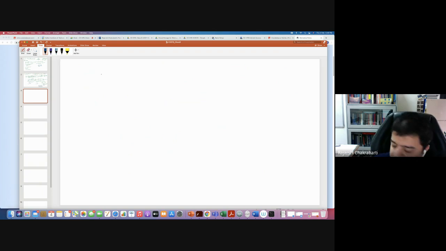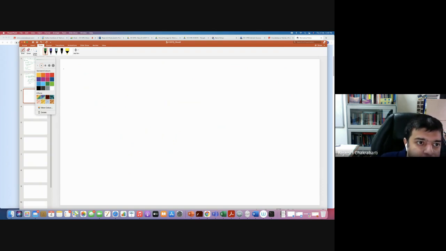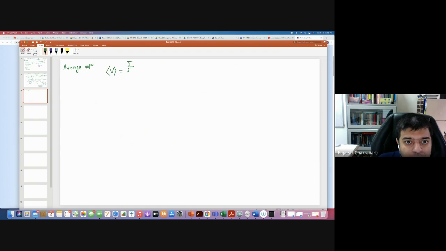Anything else you can calculate in this ensemble? For example, I can calculate average volume. I should be able to calculate average volume in this ensemble, no? What is the definition of average volume? This has to be sum over j and v, V times exponential of minus beta